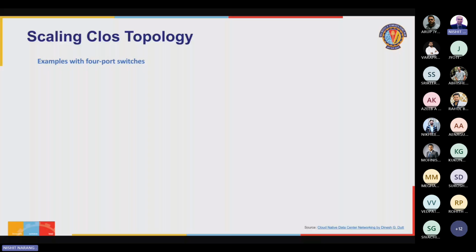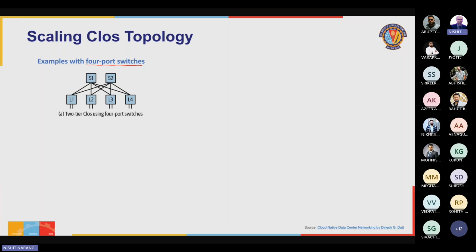So let's start with what did we say? We said it's limited by the number of ports. So what I've done is I've taken a particular type of switch, and saying, let's assume we have 4 port switches only. That's the upper limit on how many ports I have on every leaf or spine switch. So using the leaf spine architecture that we've discussed so far, this is one topology that I can create. And I want all leaves to be connected to all spines. And I also want some servers to be connected. So how many servers do you think are possible to connect in this 2-tier leaf spine topology